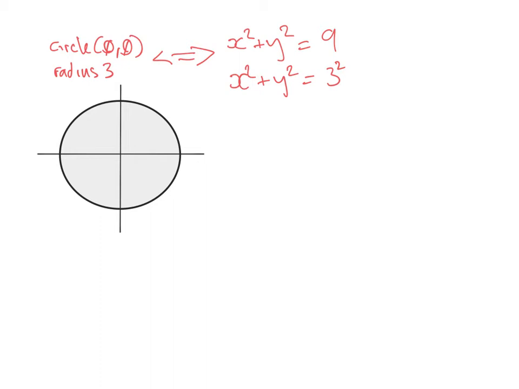Let me give you a little hint. If I draw a right-angled triangle there, and this is the radius, we know that's 3. And we know that's x. And we know that's y. And we know that point on the circumference is (x, y). Does that help? It should do, because circles are one of the great mathematical constructs that share many different